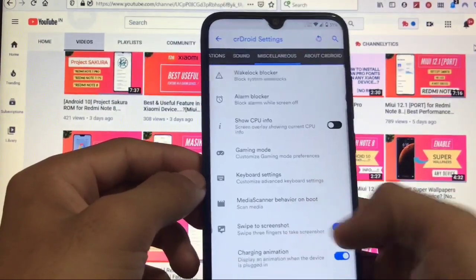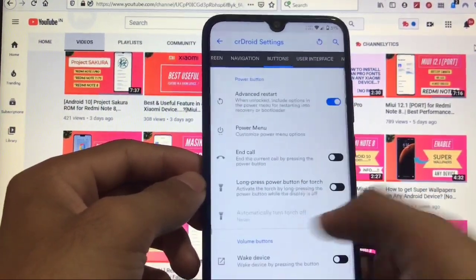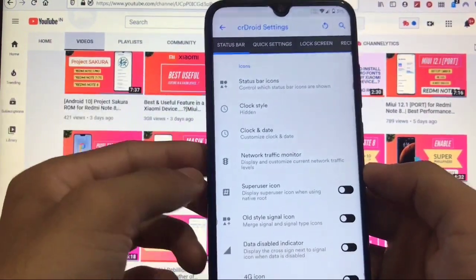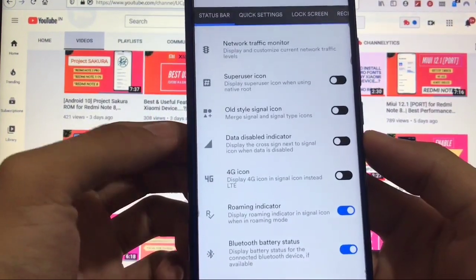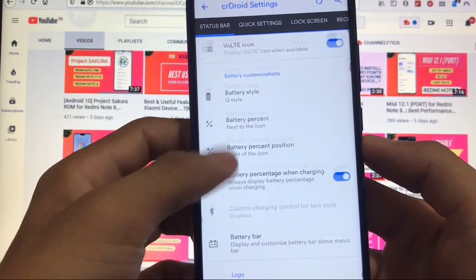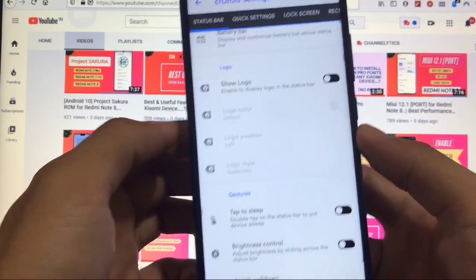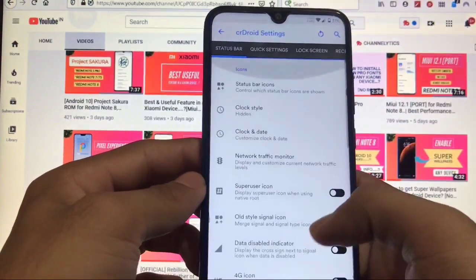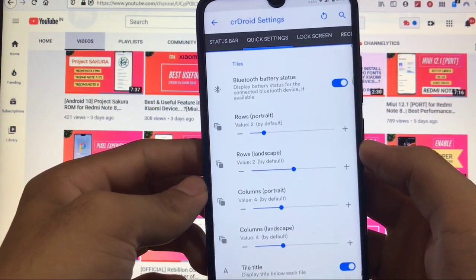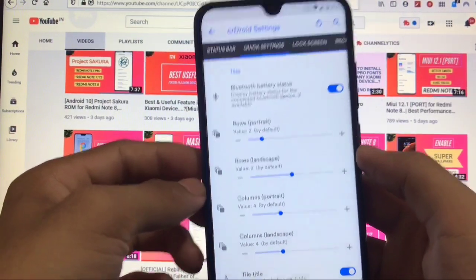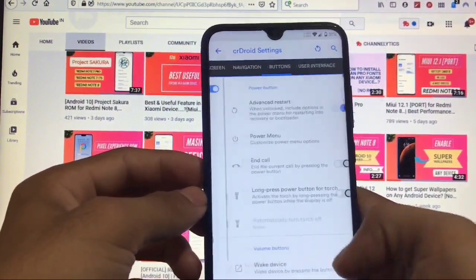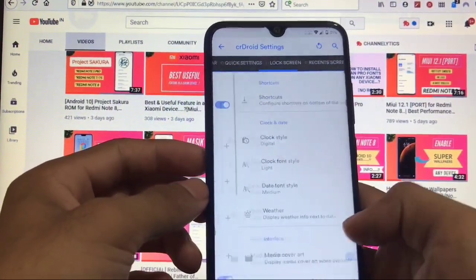There are already a lot of customization options, and under these things we have status bar icons customizations, clock customizations, we have data disabled indicator options, we have the option to customize our battery styles, we have the logo customization, and we have some other gestures also. I am gonna just show you a quick review of these features. I cannot show you all these features one by one because these are just a lot. You cannot even count how many features these are.